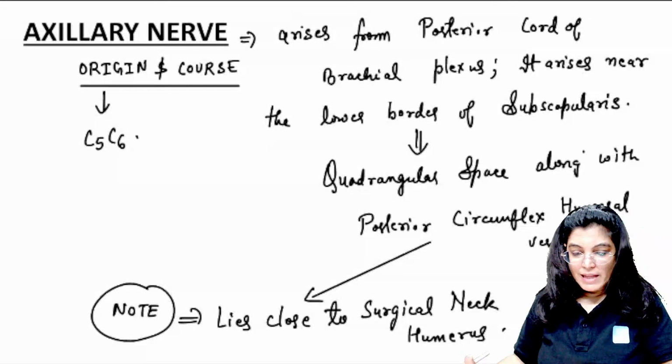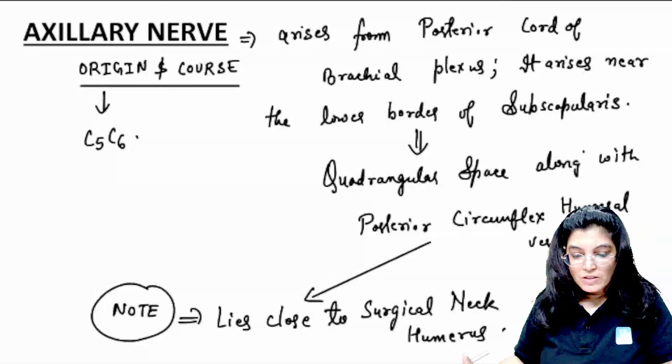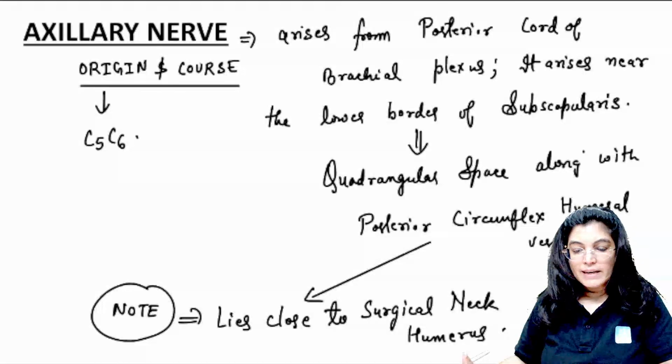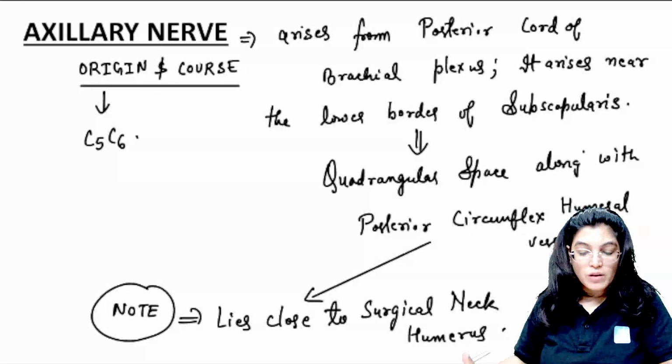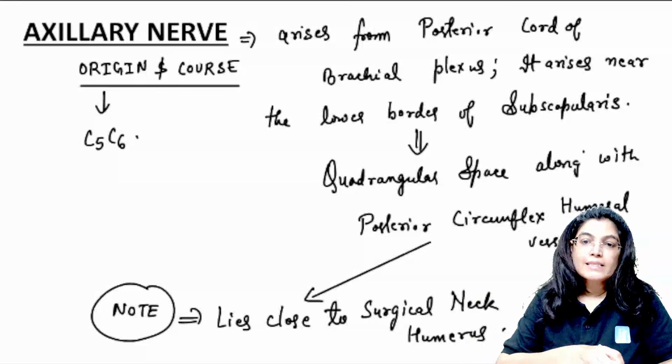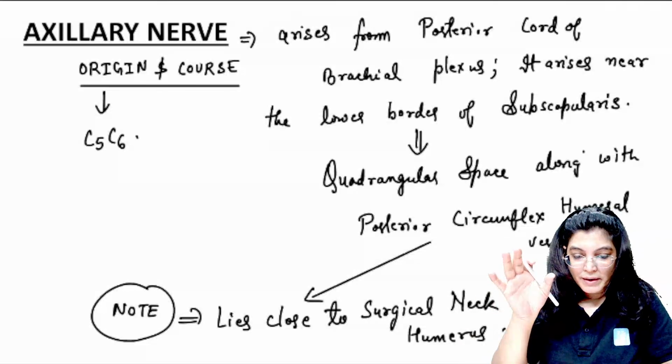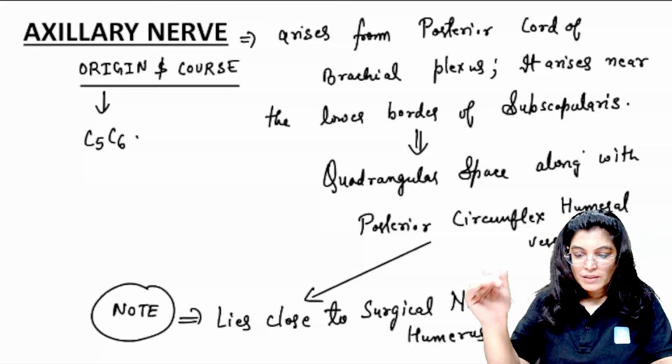So here it is lying very close to the surgical neck of humerus, and it is related to the capsule of the shoulder joint inferiorly. In this location, the axillary nerve is giving a branch to the shoulder joint. Okay. So now after that,